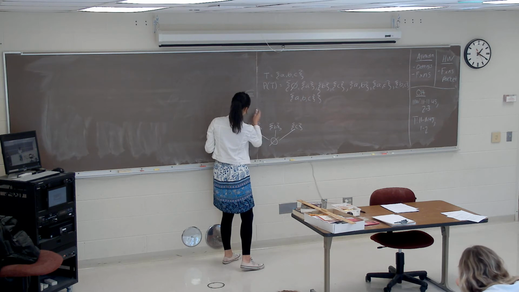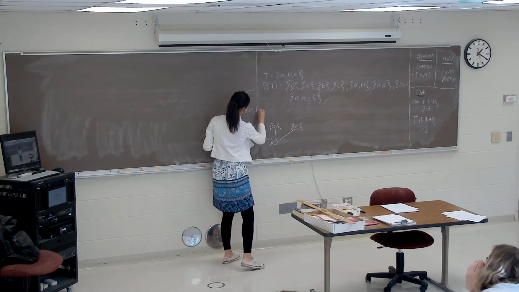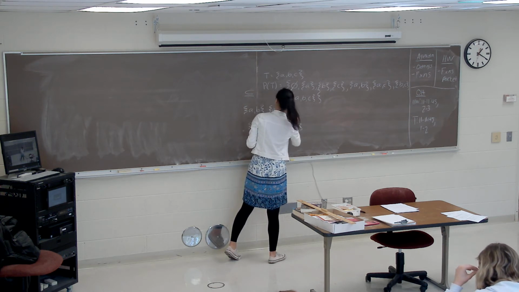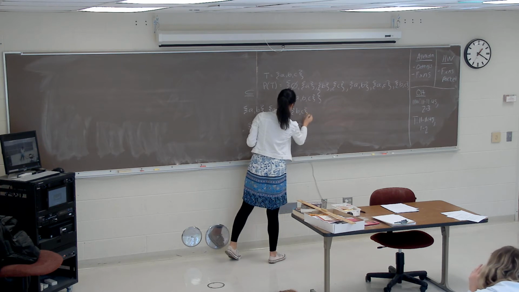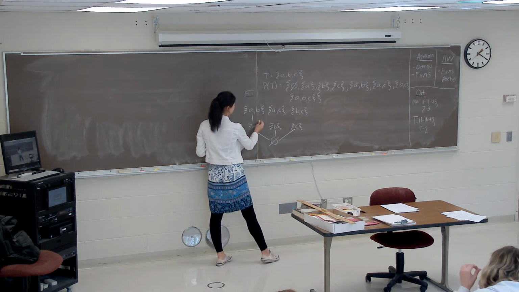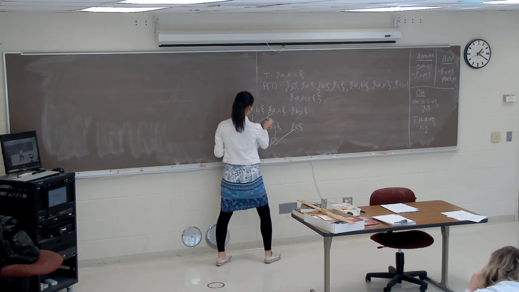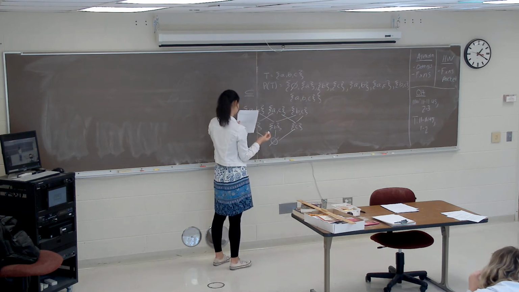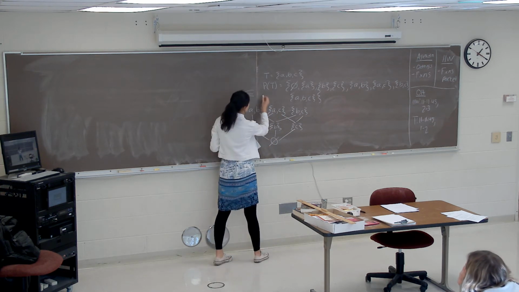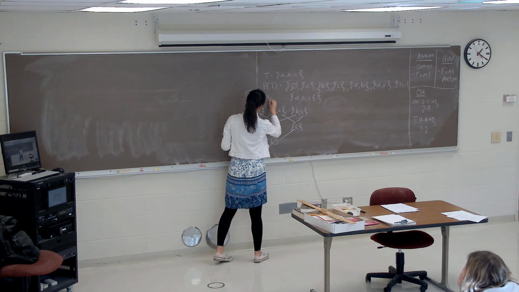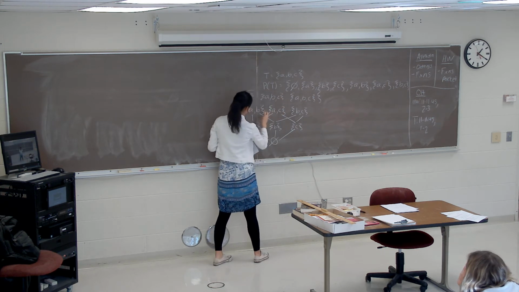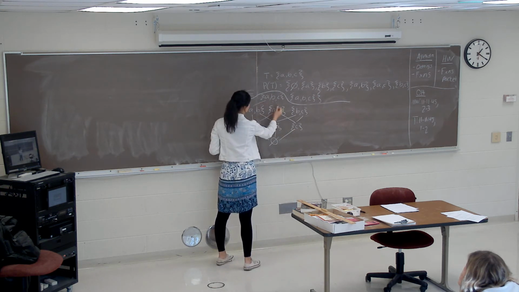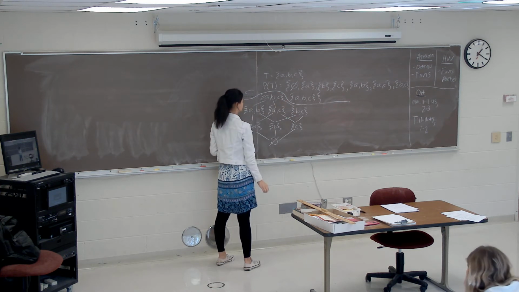Then the next layer is going to be the sets with two elements: AB, AC, and BC. A is in this one and this one, so it gets lines. B is in this one, and C is in these two. And then the only element we have left is ABC. Sorry, this is blurry. So all three of these are subsets of ABC, so they also get lines.